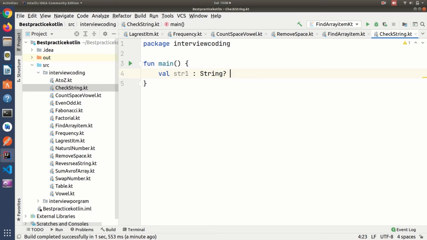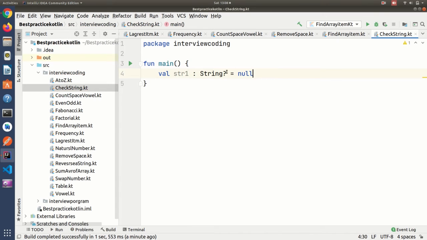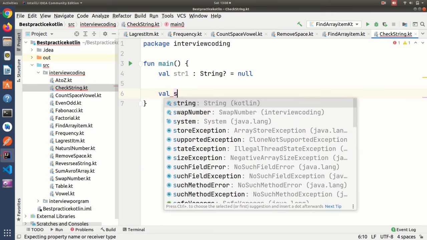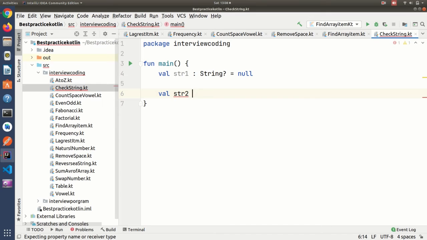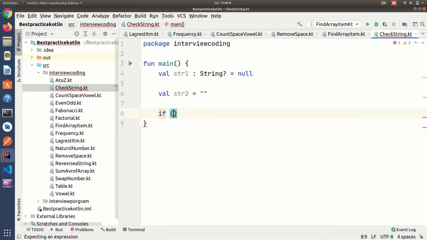Okay. Here I am using null. If I don't use the question mark, it will show an error. So nullable. Then here str2 is equal to nothing, empty. Okay, now using an if condition,